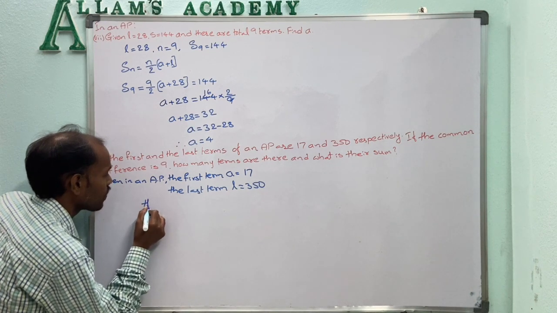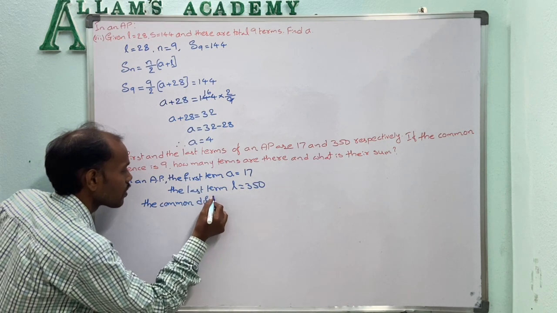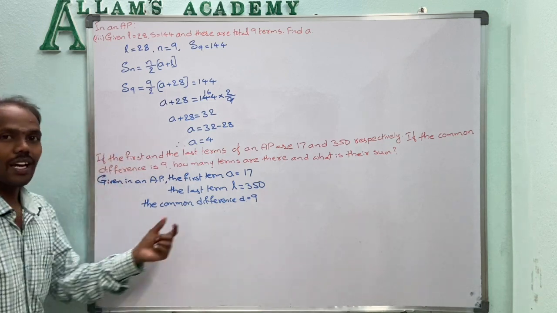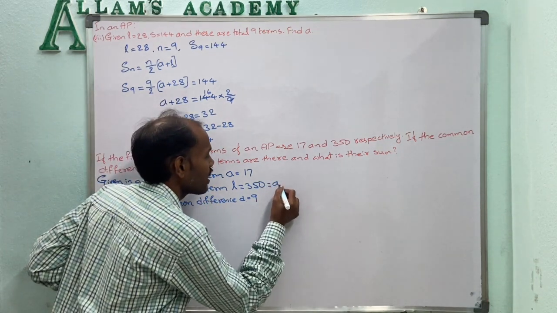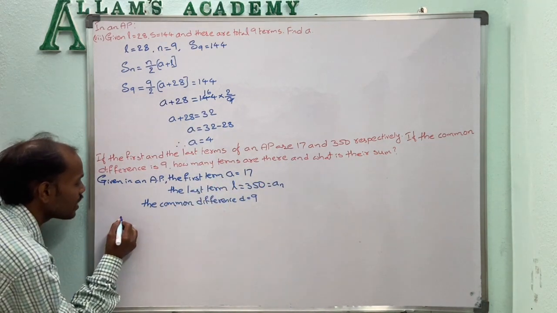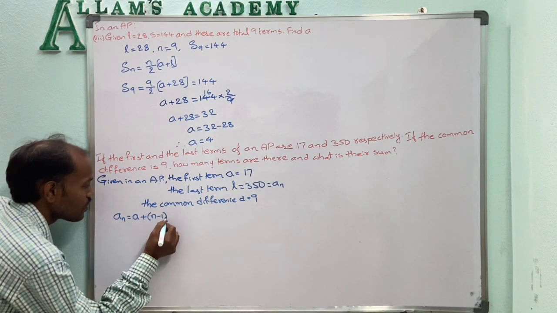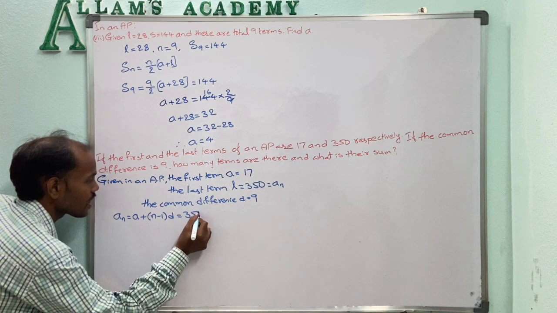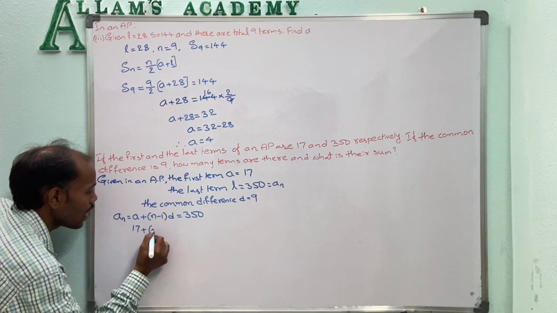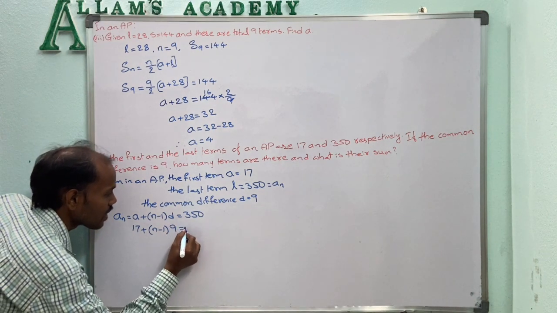So the common difference d is equal to 9. The last term can be written as an. The general form of the nth term is an equal to a plus (n minus 1) into d. Now the last term is given as 350, and the a value is 17. So 17 plus (n minus 1), where n we don't know, into d, the common difference 9,